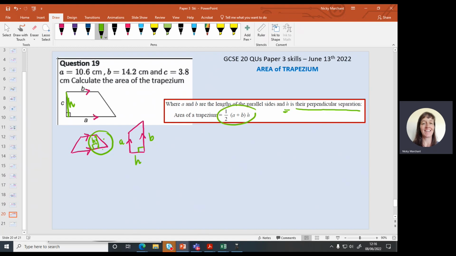We don't really even need to know why it works, but basically you're finding the average of these two lengths. So add a bit onto here, take a bit off of A, and join it up. You've then got a rectangle, and that's what we're doing basically. So we're averaging those A and B. So it can also be written like this: A plus B over 2 and then times height, not to be mistaken with the area of